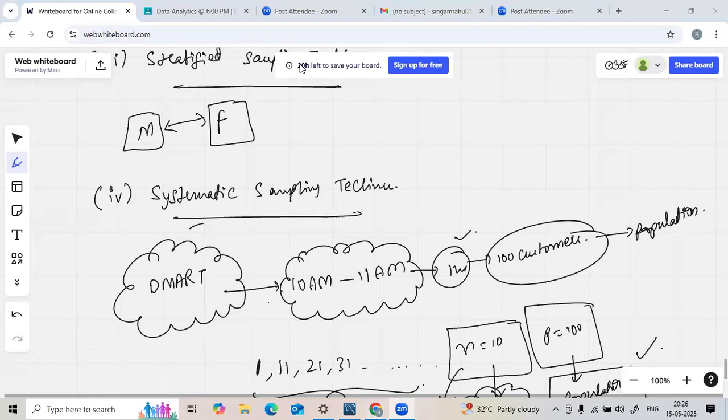There might be cases where the decision might go wrong. That is the reason we usually try to take multiple samples. Based upon those samples only, you are going to evaluate your entire population. Based on one single sample only, you are not going to do the analytics. We are going to take 4 to 5 samples, random samples or systematic samples. Based on the output you get from those 4 to 5 samples, you are going to assume it for your entire population also. Okay.